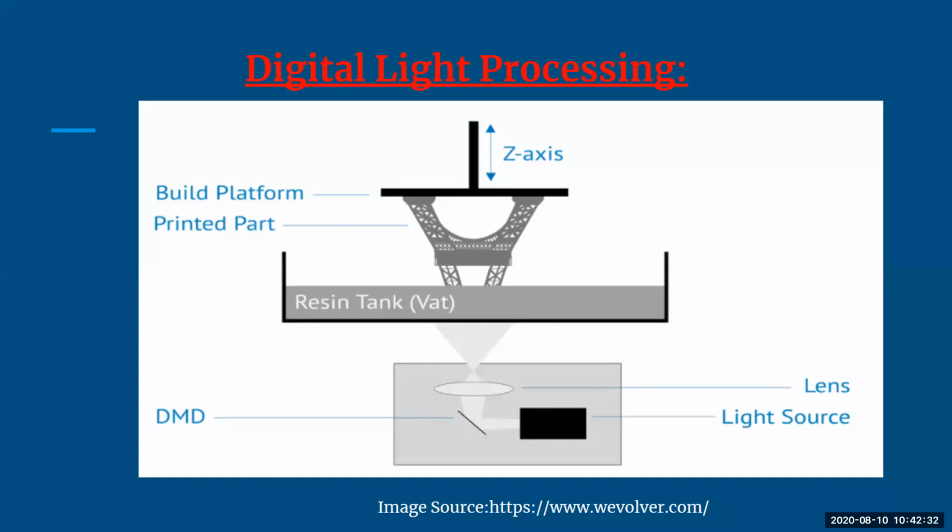Because there is a 3D printer which is used, and that 3D printer consists of three things. As per the diagram, first is your digital light projector screen, that is the DMD. Then you have a resin tank, which you can see there, that is nothing but a vat. Then there is a build plate and an elevator for the build plate. Why do we have a build plate here? Because at each step you are going to add materials and design. So the very first step, the digital light projector becomes a light source for your DLP 3D printer.